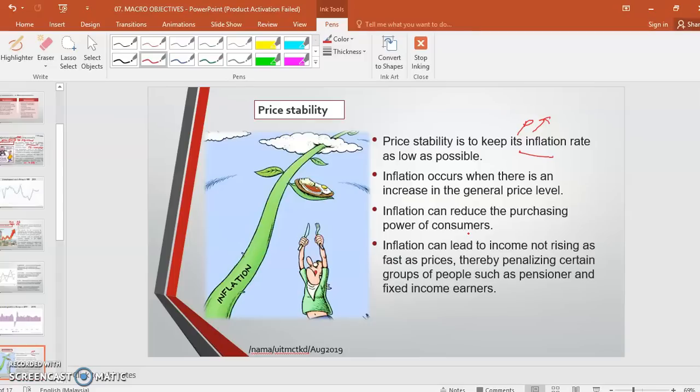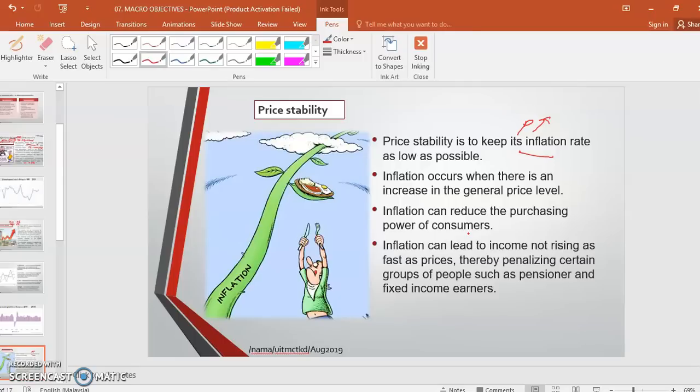Kan? Dulu RM1 dapat 5 kali lipat, sorry. Okay, RM1 dapat 5 kali lipat. Sekarang RM1 dapat 2 kali lipat ataupun 2,5 kali lipat itu je. Okay, itu disebabkan oleh inflation. Okay, an increase in general price level lah, kenaikan tingkat harga barang secara berterusan. Okay, boleh reduce the purchasing power among